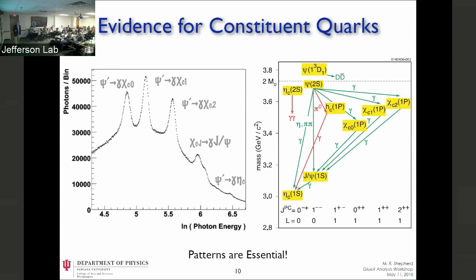So you see peaks for these three transitions. You see these three peaks here all lumped together from these three transitions. Here's a peak here from this transition. And this pattern that you see here matches what you would predict if you just take a charm quark and a charm antiquark, and you put them together in various combinations of spin and angular momentum. You would get basically this spectrum, and the various spin-orbit interactions and spin-spin interactions give you the splittings here.